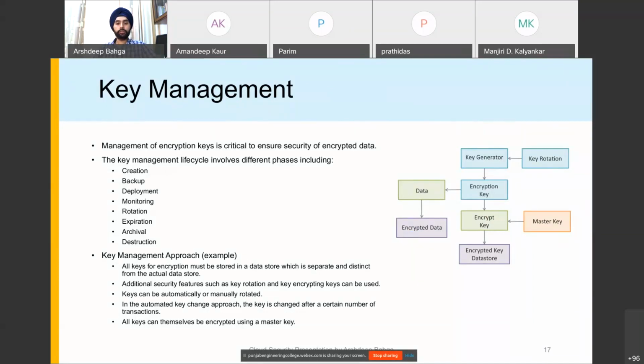So the keys should not be stored alongside the data, and we should have a separate data store for the keys. And the keys themselves should be encrypted with another key, and the keys should be automatically rotated after a certain number of times they have been used, or after a certain duration. So we need proper key management.